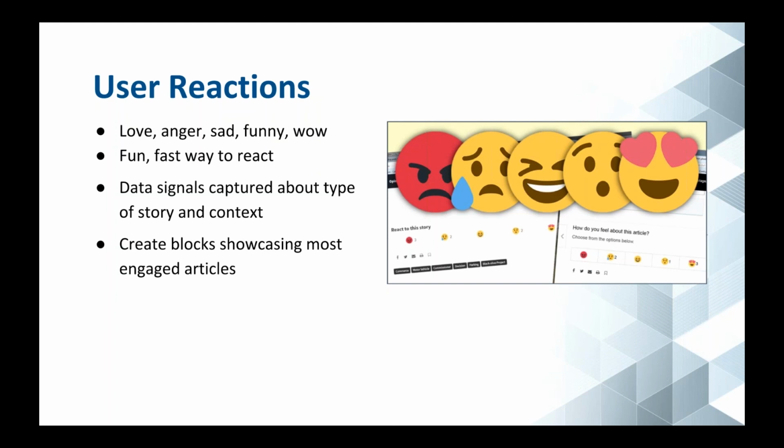Anger's number 2, but I always thought that the angry comments or angry emoticons were being used the most, but to my surprise, it was love, which just tells you about the innate nature of... Teresa's giving me a funny look here. No, but yeah,